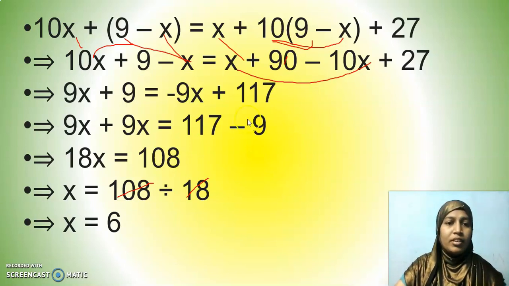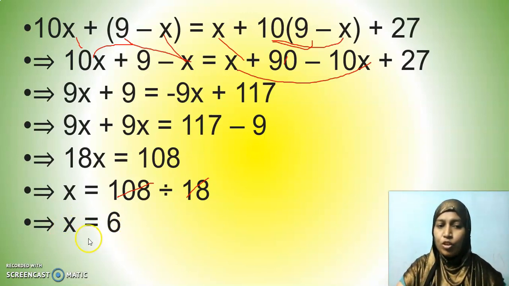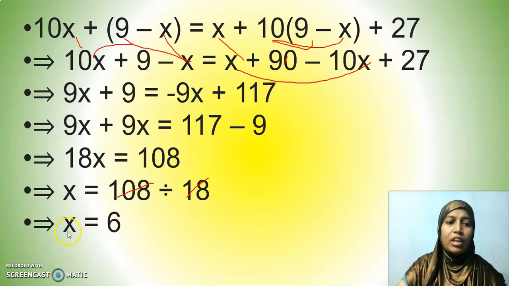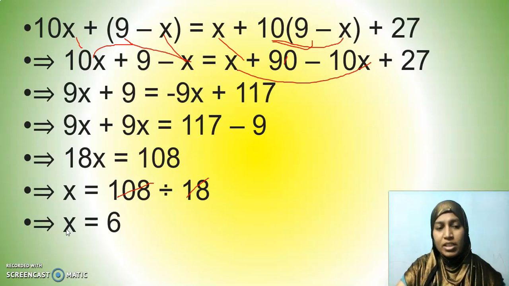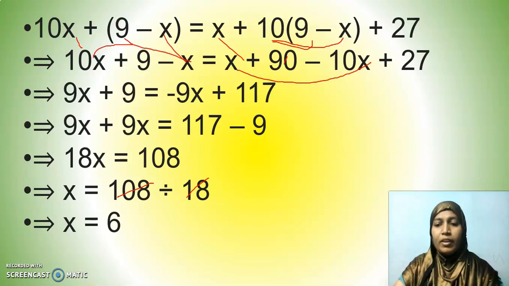Hi children, we simplified the equation and we got the value of x. Is it the final answer? No children, we have just found the value of x. What did we consider x to be in the beginning of the problem in the table? Yes, we considered x to be the units digit, isn't it?